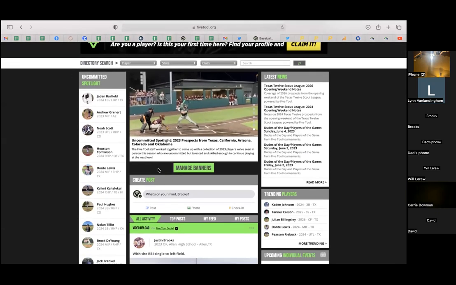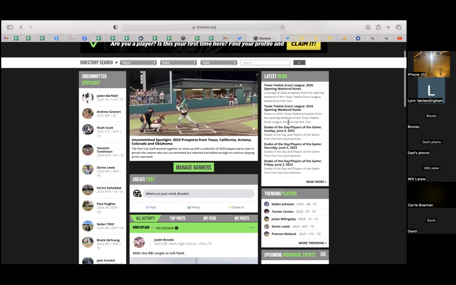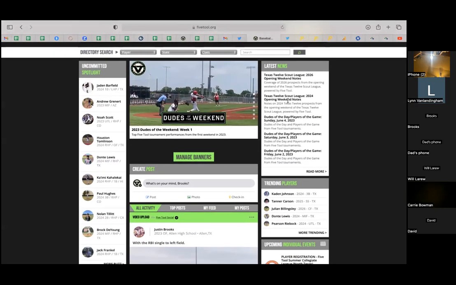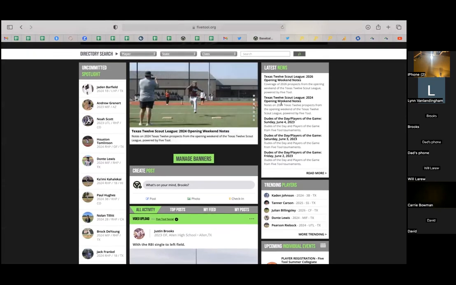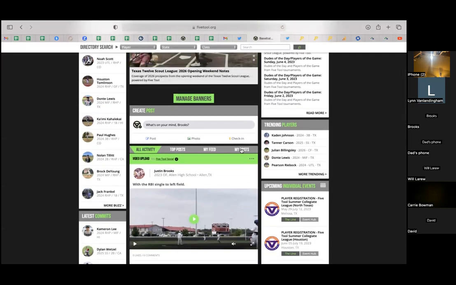So I'm just going to jump in and start showing the features. You'll see on this homepage right here, we published some scout notes from the Scout League that started this last week. Several players will be mentioned in these articles, and that will also be tagged to their profile if they're mentioned there, which I'll show you here shortly. The main feature of the website, or I'll say two main features: the player profiles, which is what I'm going to start with, and then this section in the center here, which is called the line.